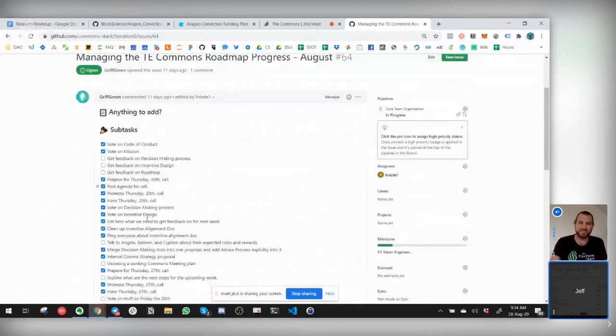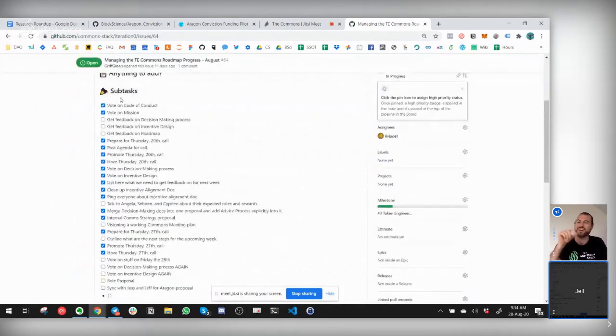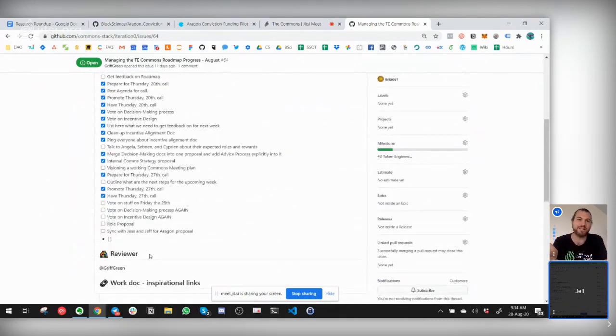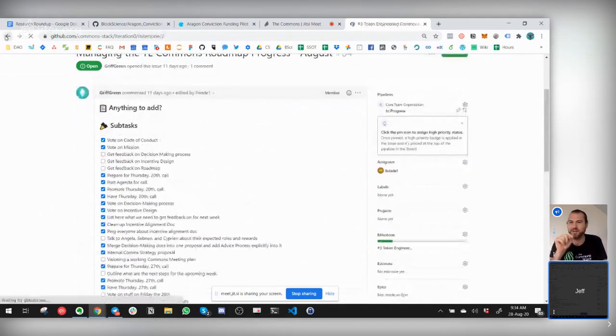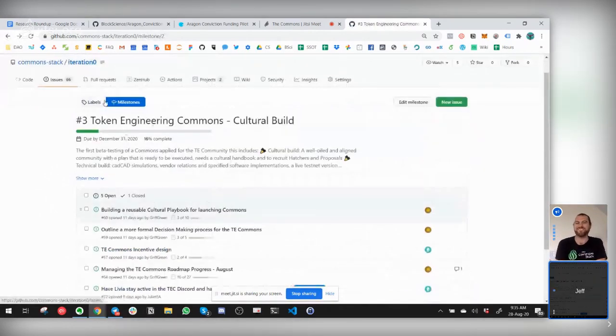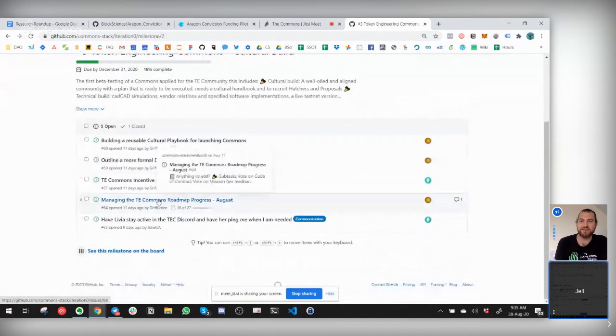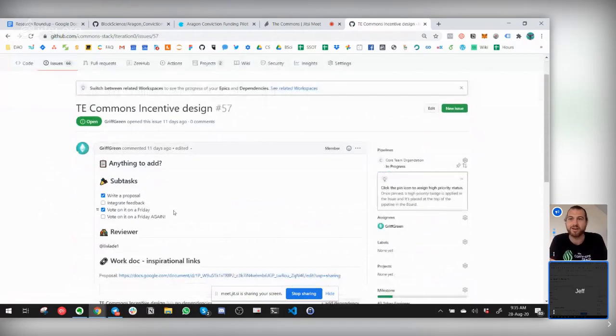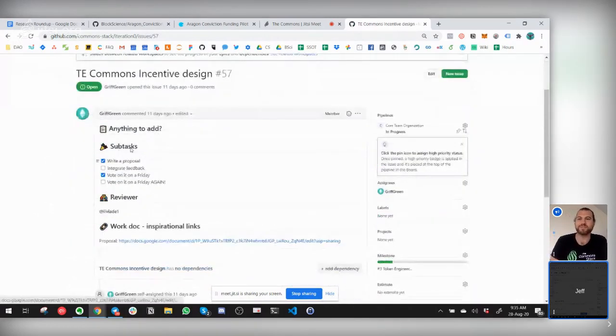You can see we're having a lot of fun ticking boxes, managing our progress every month, and really day by day, saying what we've done. I still need to check some of those boxes from yesterday, it looks like, but it's really cool. If you ever want to see where we're at and what we're working on, GitHub is the spot. Yeah, totally.